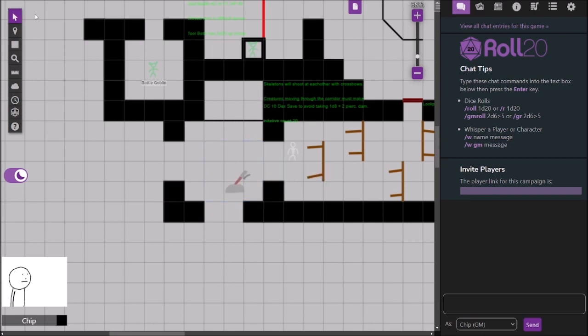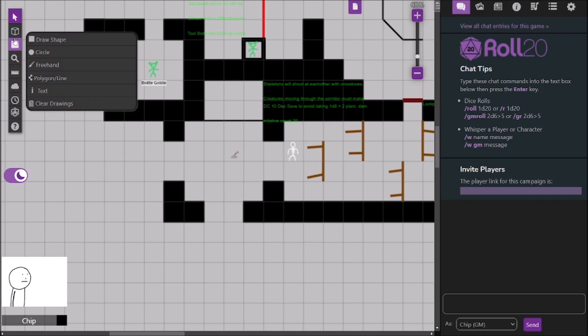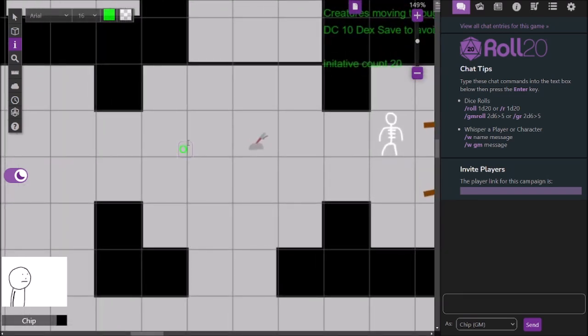Here. Token layer. Actually, this guy could be on the GM layer. So what it does is, let's get our note guy out. Text. Always bright green. Zoom in here. One door is always closed. Pulling the lever, let's give it a DC 12. Check will switch